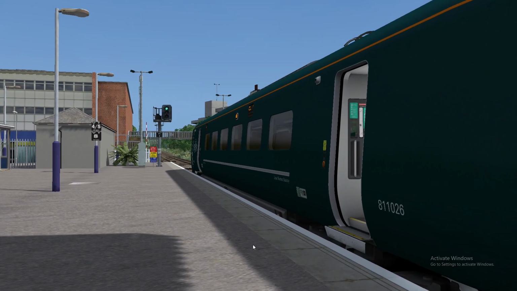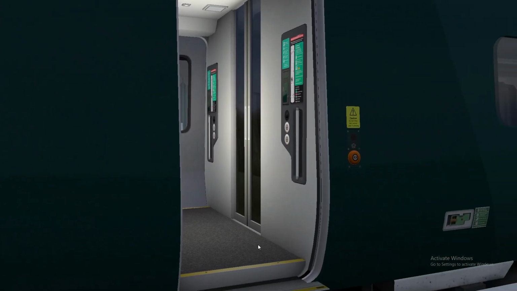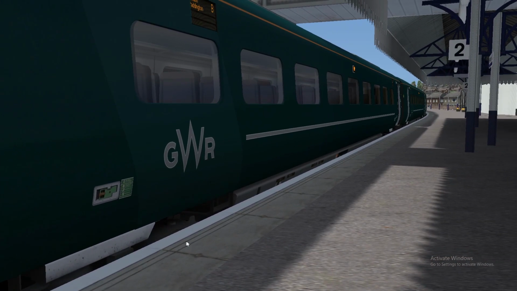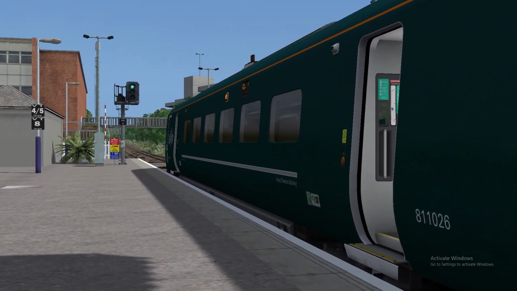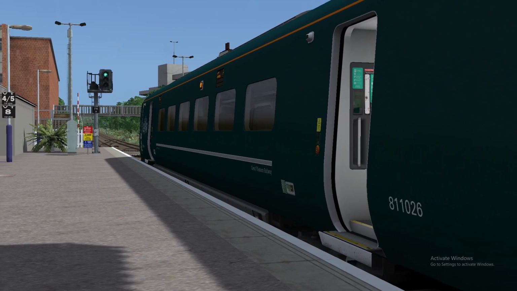To go onto a free view of the train, just click number 8 on your keyboard, and it stops you being locked to the train. And to zoom in, just use the scroll on your mouse. So in a minute our doors should start shutting. Just like that. So if we go now in our cab,